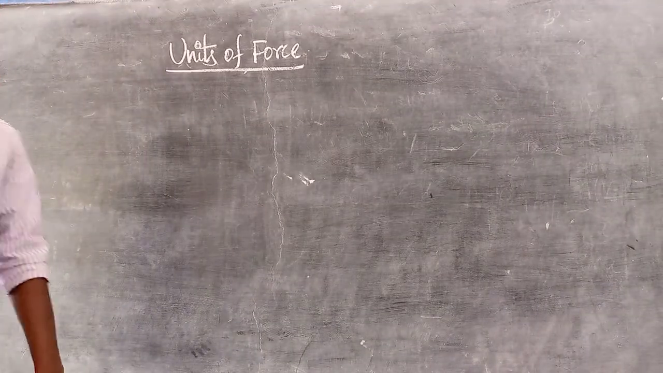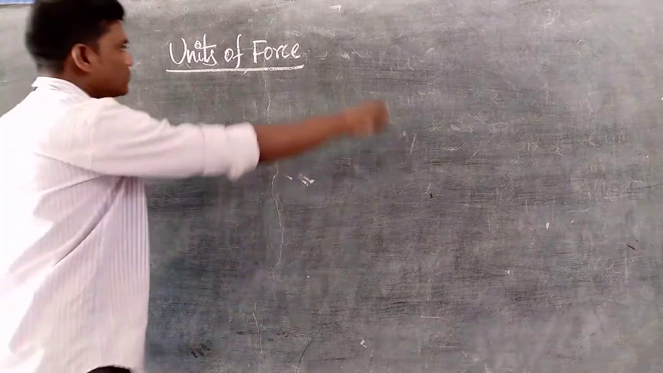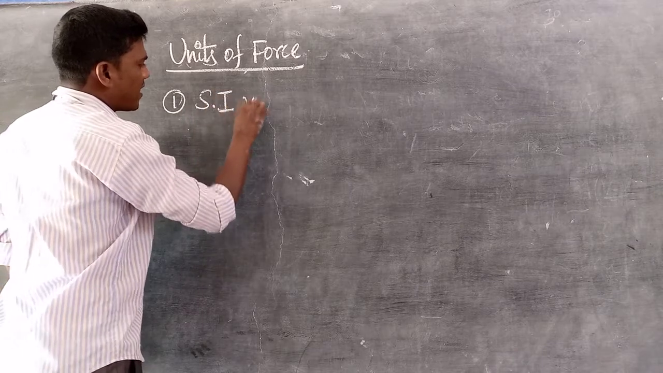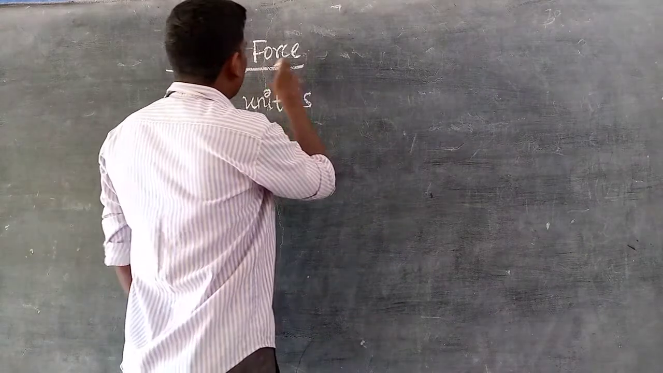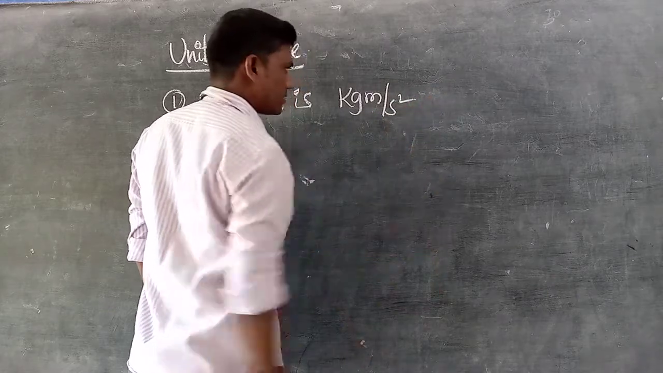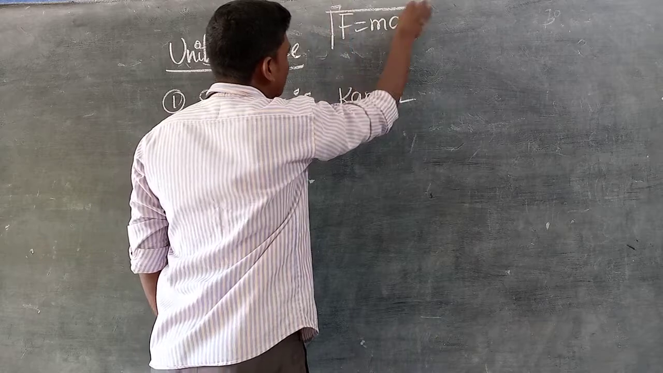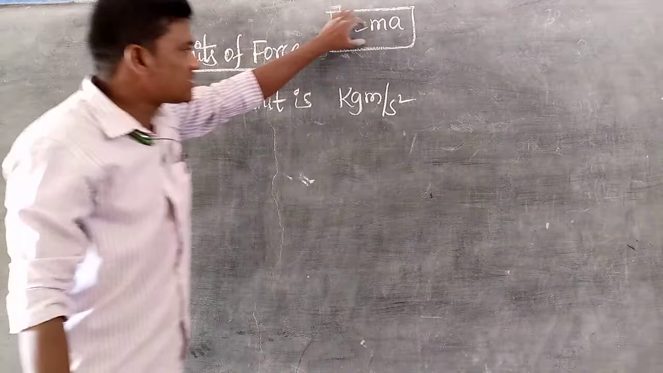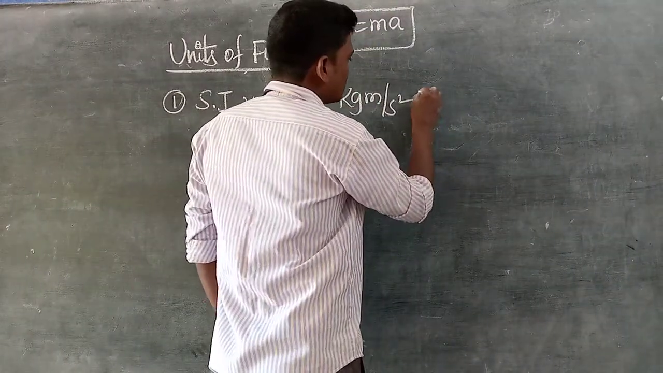Units of force. First one, SI unit is kilogram meter per second square. Because of what is the formula? F is equals to MA. This is the formula. M means mass. The SI unit of mass is kilogram and the SI unit of acceleration is meter per second square. Okay, so that is equals to